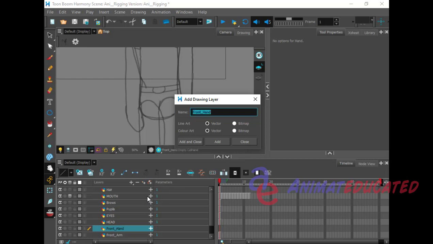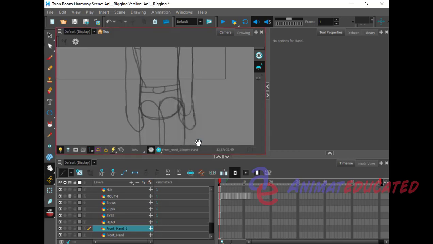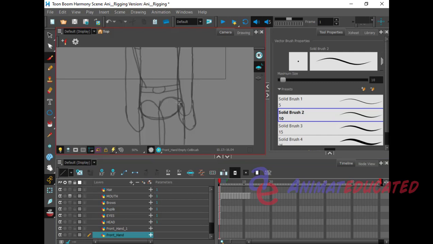Front hand. Boom. All right. So front hand, again, it's going to be a bunch of different hands, so you have to draw them from certain angles. In this case, you got to think about, okay, if this is his hand, and we're kind of in the